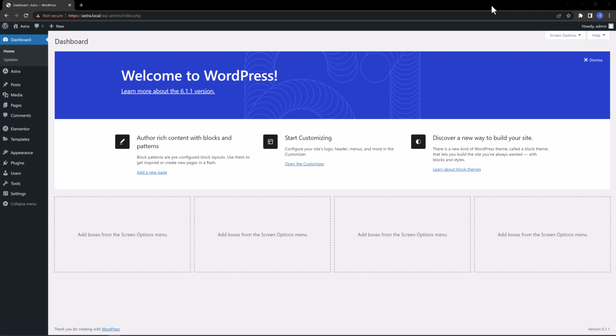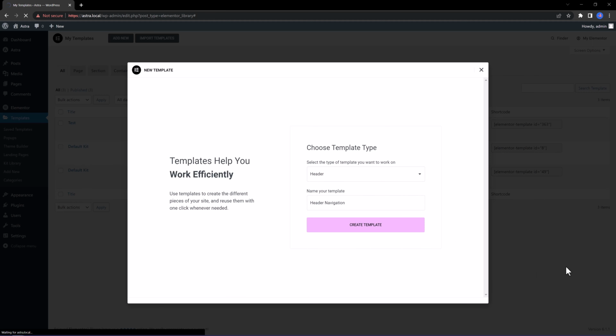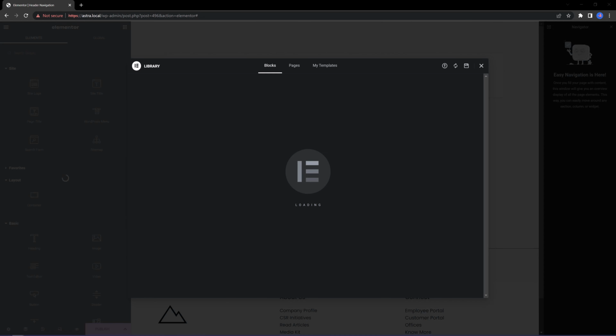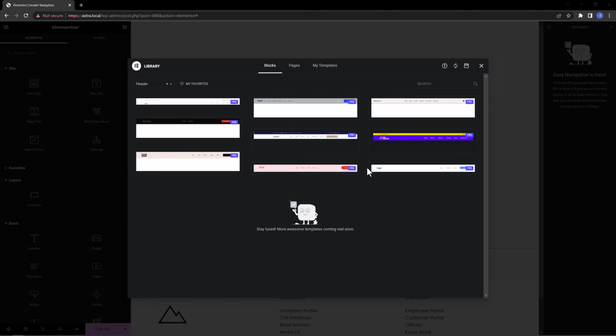To create an Elementor header navigation template, head over to Templates, Add New. We need to select the type of template, so select header and give it a meaningful name for you. Click Create. You can choose a blank template or select one of Elementor's pre-designed header templates from the library to use as a starting point. I want to start from scratch, so close, and let's start to create a new section